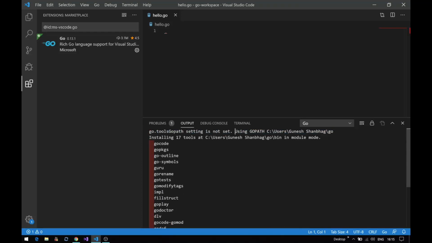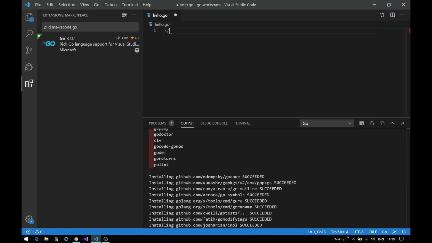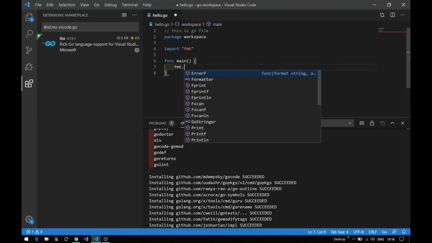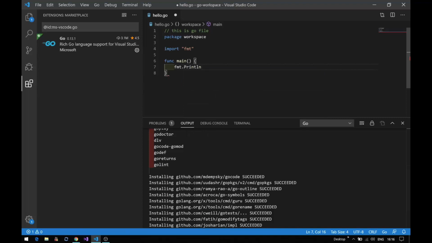So the comments are written by using 2 slashes and then we can just give a comment. So this is Go file, and the first line always should be, after a comment, the package name, that is package, and we have given workspace. Then click enter, and then just type import, then fmt, that is the module name which we want to import. Then give the function name, in our case it is main, so func space main, and inside it we'll give fmt.Println just to print hello world, or in this case hello Ganesh.